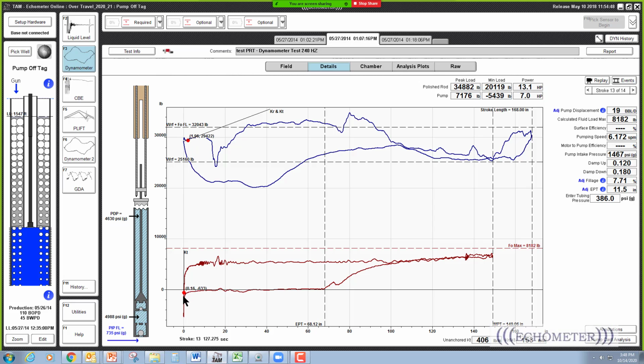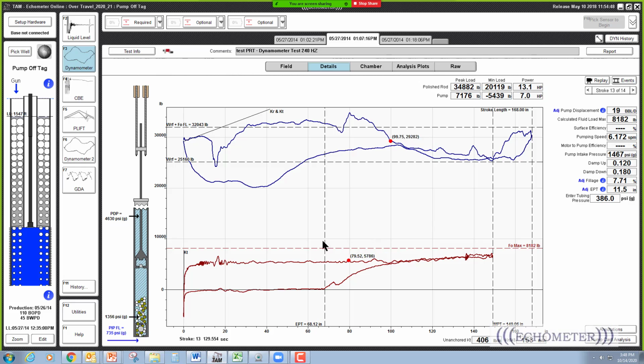But that tag, you could see it in TAM once we had fixed, I think we'd fixed the wave equation at that point in time,